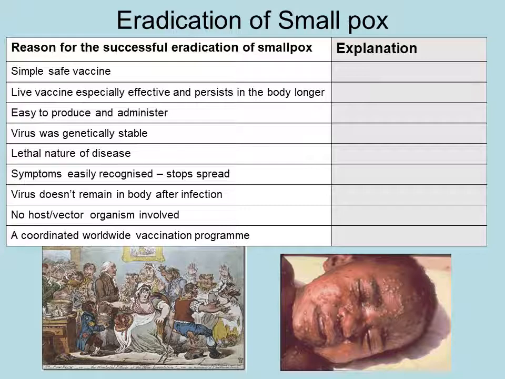So we've got sort of protection vaccination. The virus doesn't remain in the body after it's been infected. So once you've had it, you lose it. You don't remain able to spread it to other people. No vector or host organism involved, which is also very important, so there's no chance of spreading it between something like malaria, for example, which has the ability to be passed between the mosquitoes, so it does make it more complicated. And they created a worldwide vaccination program with the World Health Organization,